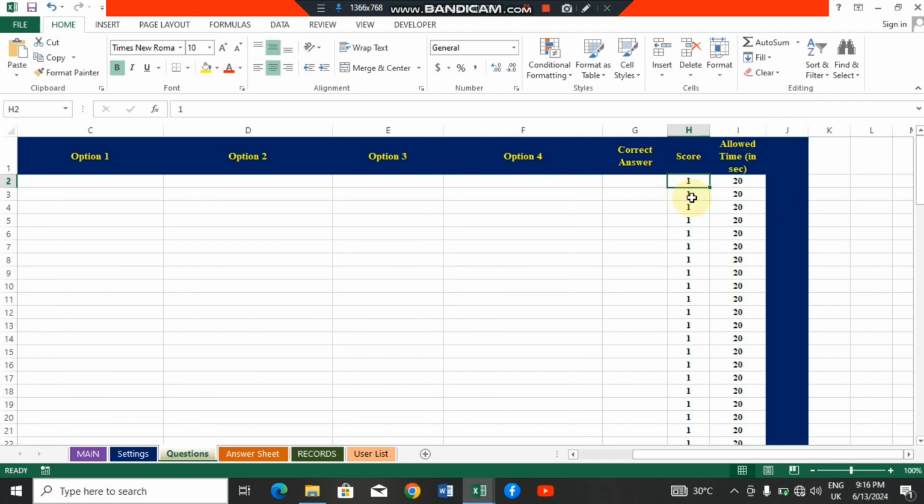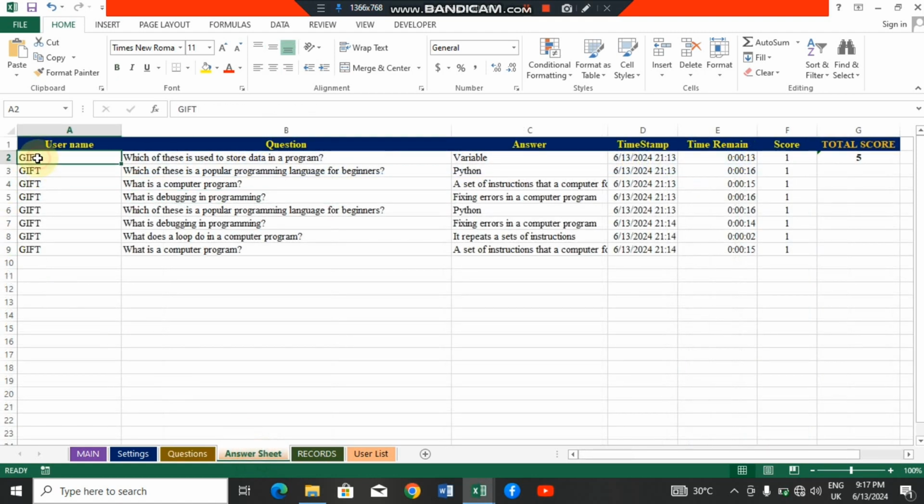if it is still 1, you put 1. If it is not 1, you put 2. Then the time, if it is not 20 seconds, you increase or decrease this one, and then you Control S to save that. Answer sheet, you come here to clear it also,